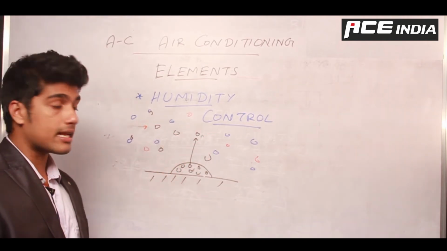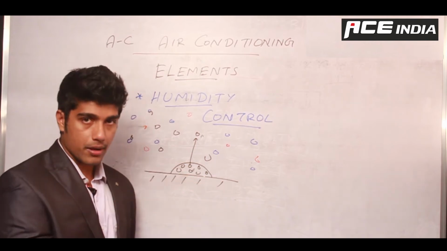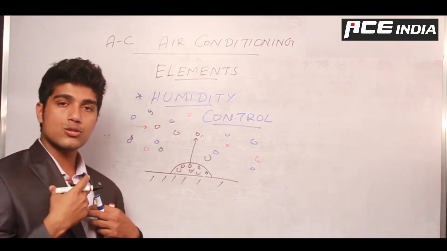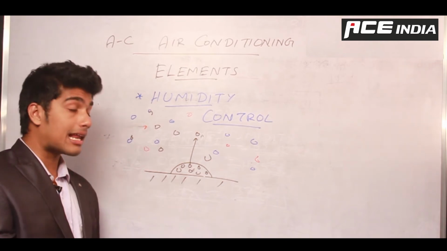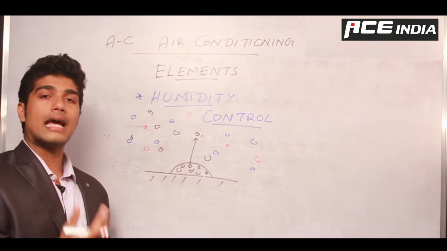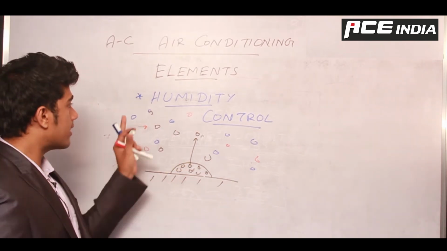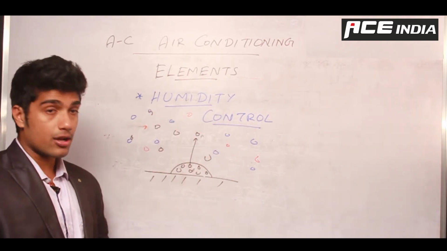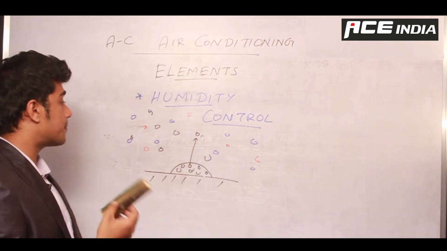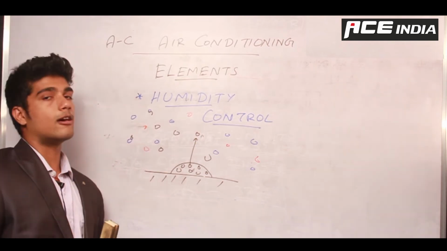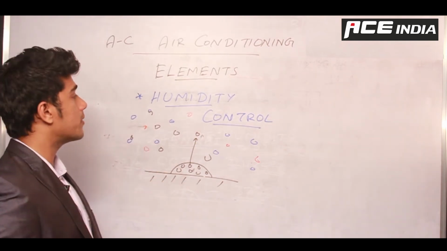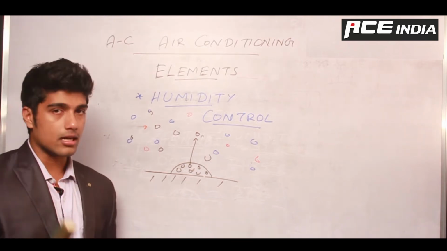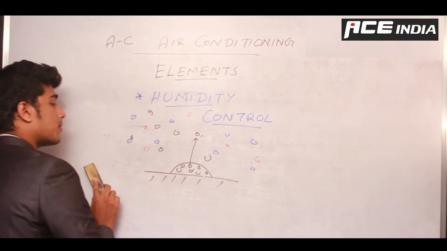So somebody staying in Ooty, even though the temperature is the same, will be feeling more comfortable, because he will not be sweating; as the sweat is released, it will be readily converted to vapor, thereby cooling his body down. That is why we have to control the humidity level inside a room, so that the person sitting inside will be feeling comfortable. Even if you don't control humidity, the person inside will be feeling very stuffy. That means he will be feeling very uncomfortable, right? So that's about humidity control.